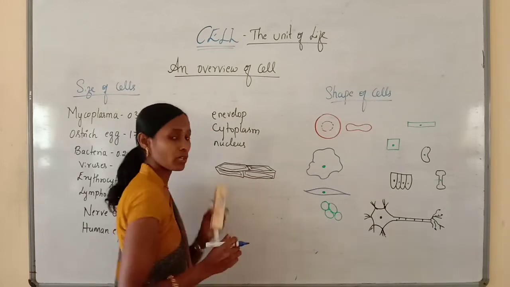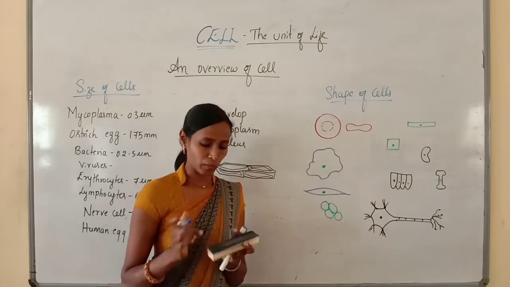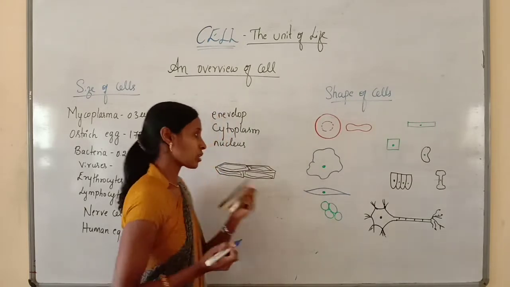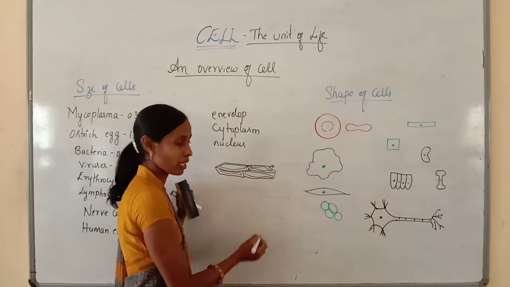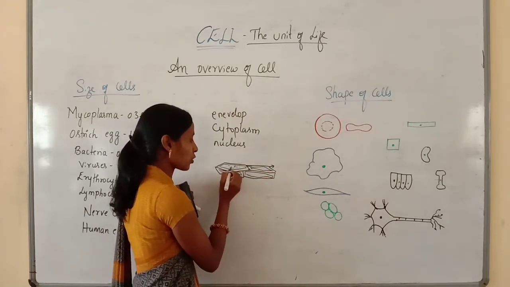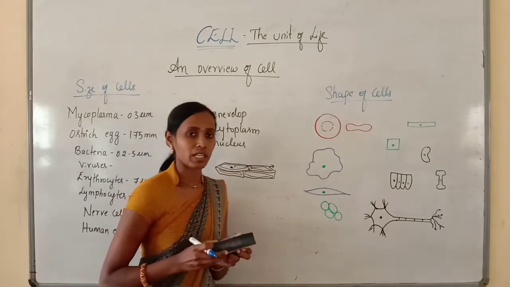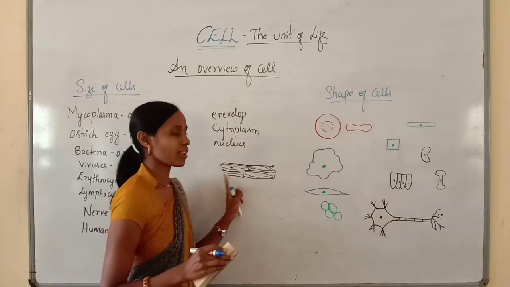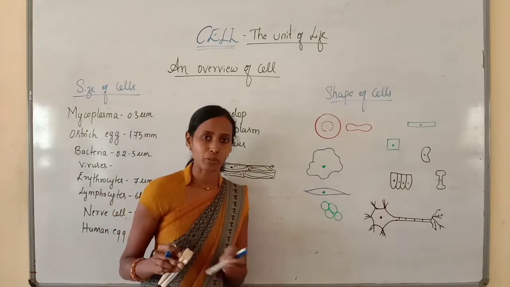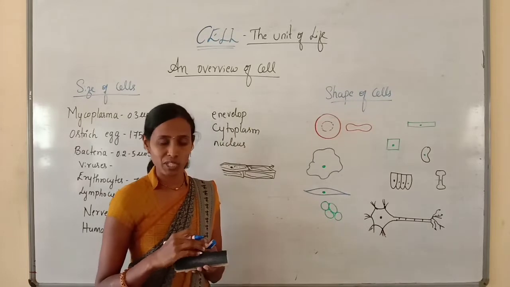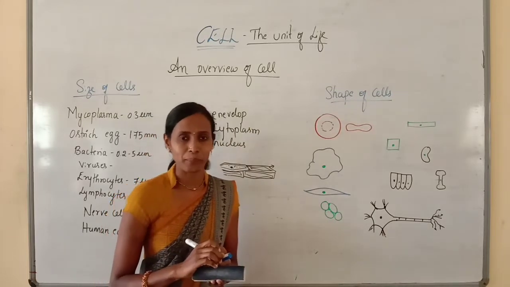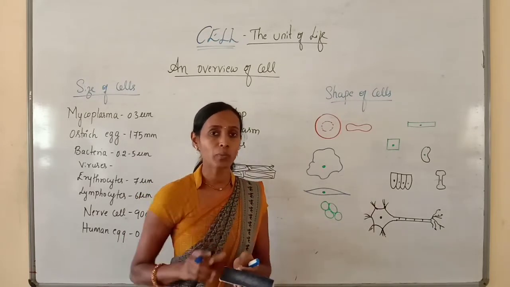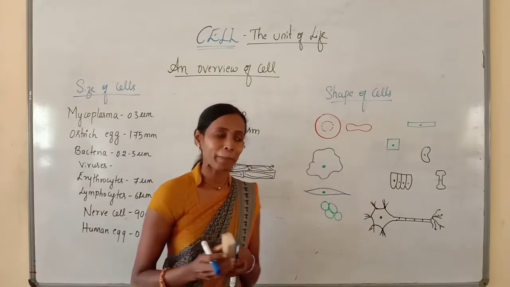You can even observe this in our lab when you come to the practical classes. You can observe the onion peel under the microscope, so that you can observe the cell envelope and cytoplasm. Within the cytoplasm there is the presence of the nucleus. So these are the cells of the onion peel under the microscope. And this onion cell is a typical plant cell, isn't it? Onion is a plant, so the onion cell we are observing is a typical plant cell.